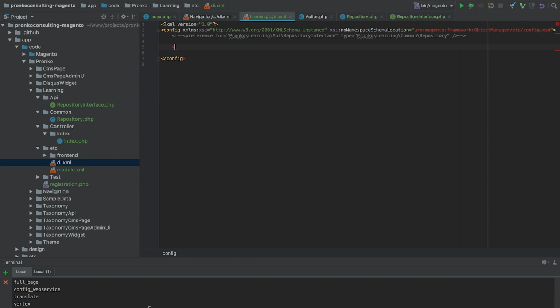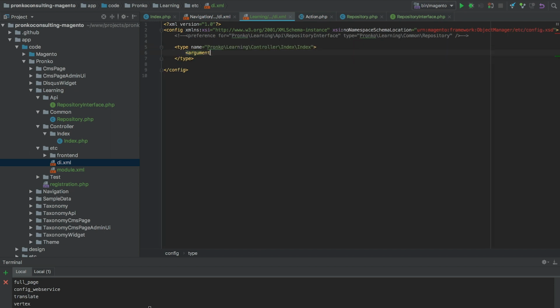In order to do this, we have to use a type node with the name argument, and we have to provide the controller class name. And inside there is a node called arguments and an argument with the name repository, and also xsi:type object.